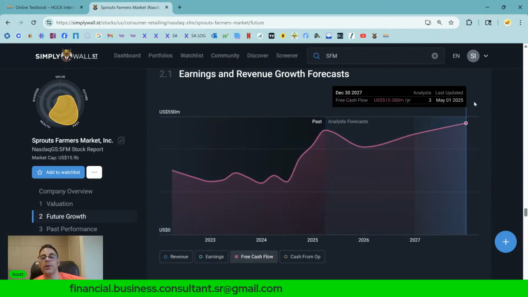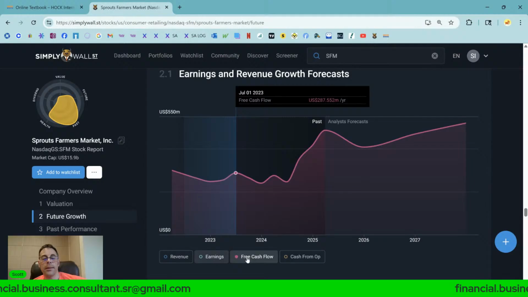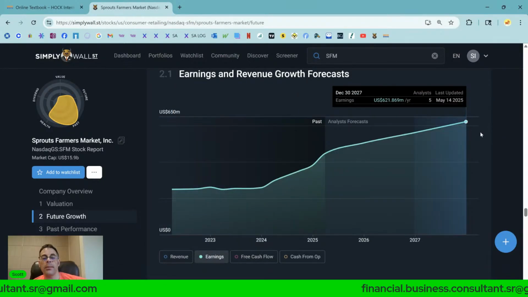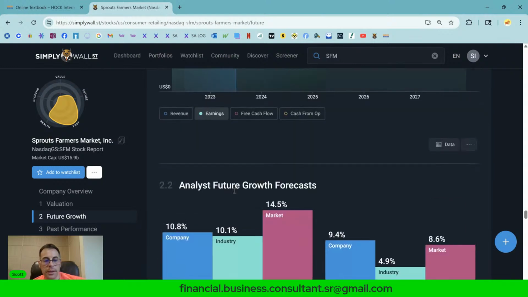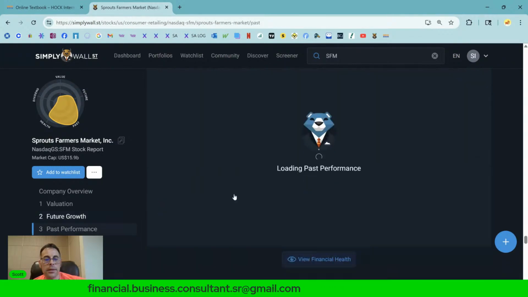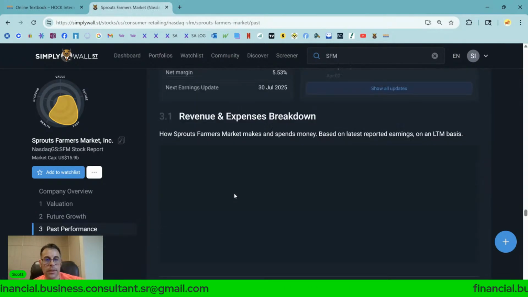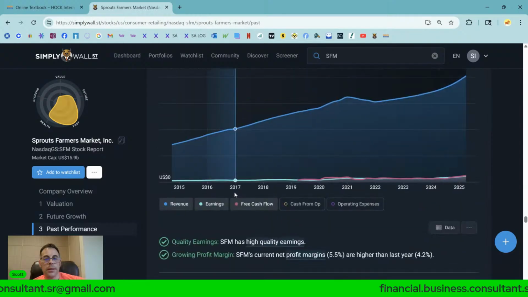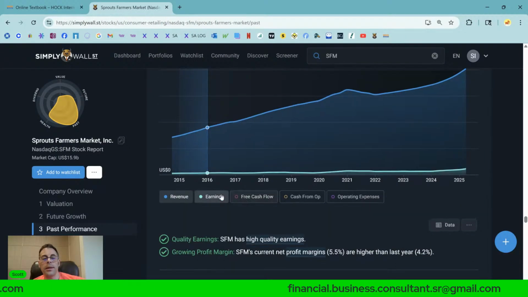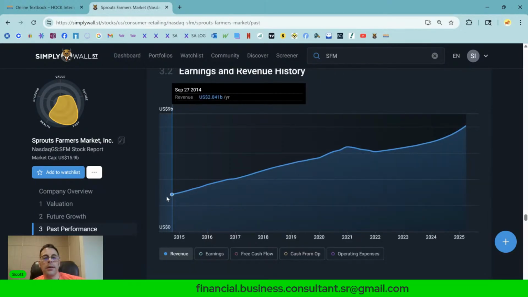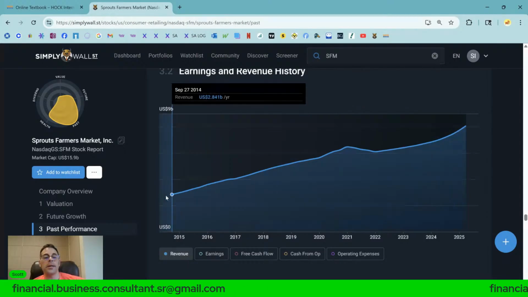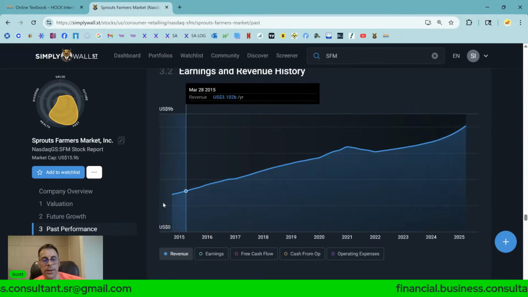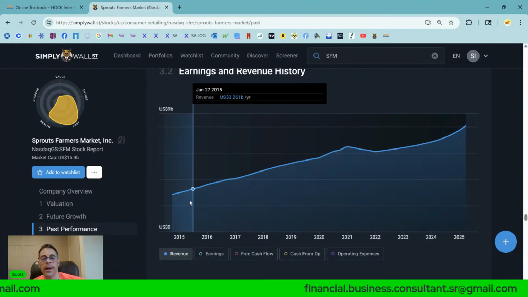Look at the free cash flow, it's always positive. Earnings are always positive and going up. It almost seems too perfect, right? Yeah, everything looks really good. Revenue went from 2.8 to 8. So lots of growth. So they've been doing acquisitions. You can't really grow like that organically.